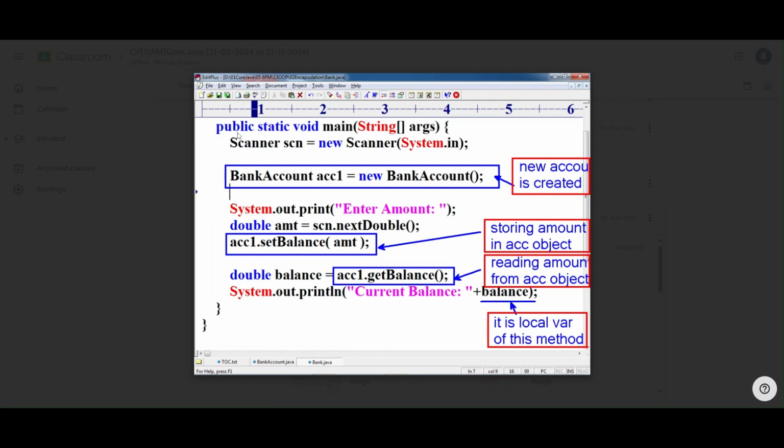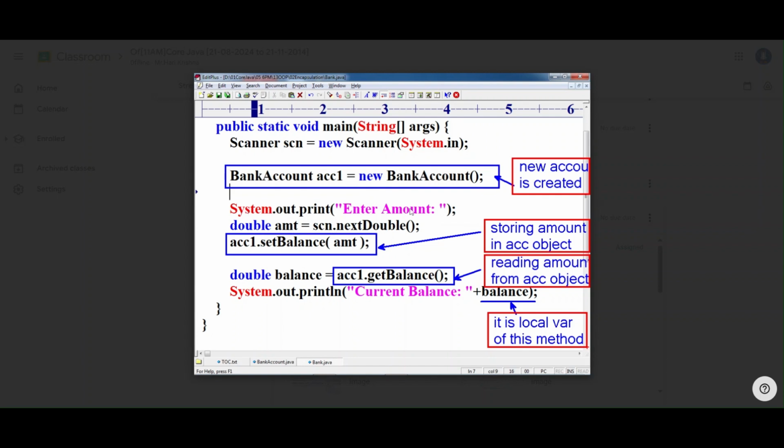Main method: public static void main(String[] args). Scanner scn = new Scanner(System.in). BankAccount acc1 is your object name, equals new BankAccount. A new account is created.